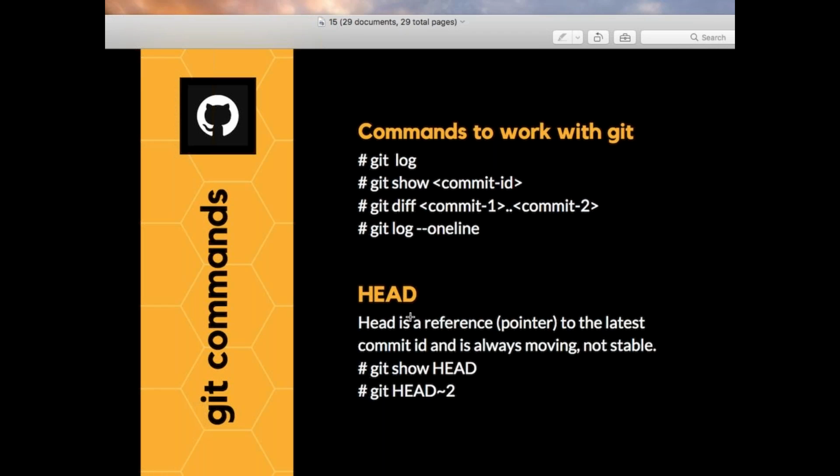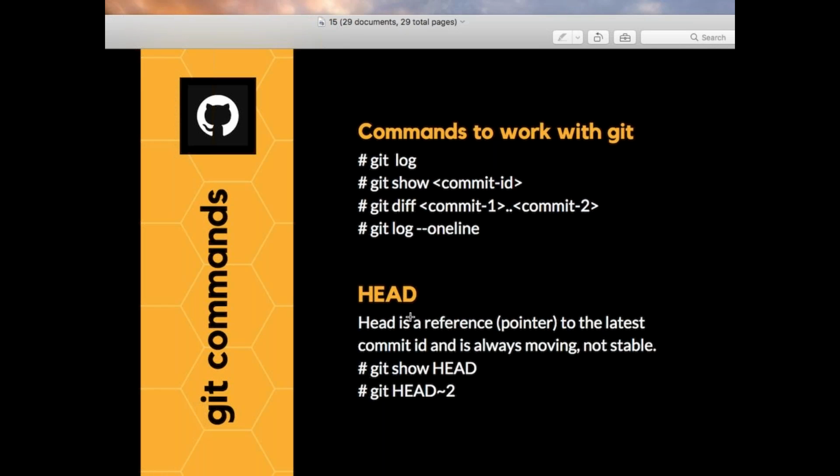And what does HEAD mean? It is the latest pointer. So when I made commit 1, with this particular index, my HEAD is here, because this is the latest commit at that point of time. Next, I made the second commit here, right?